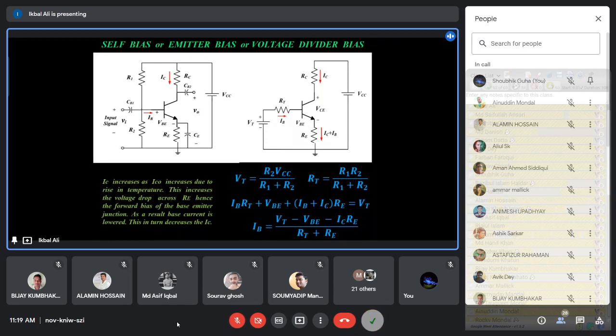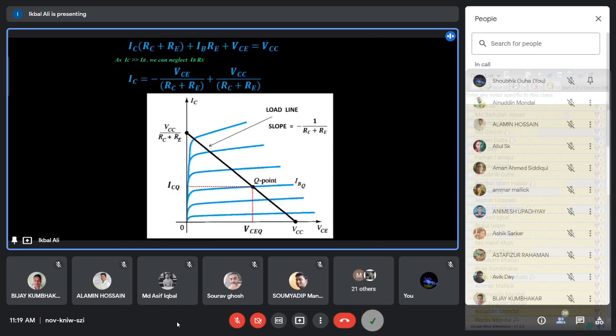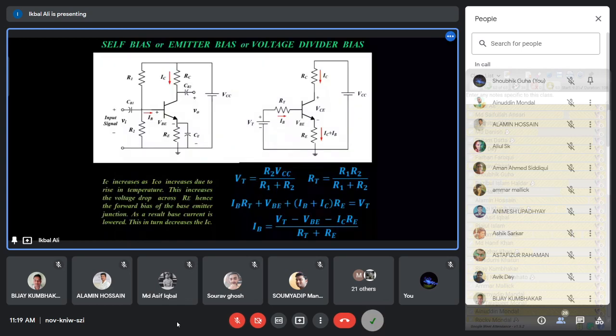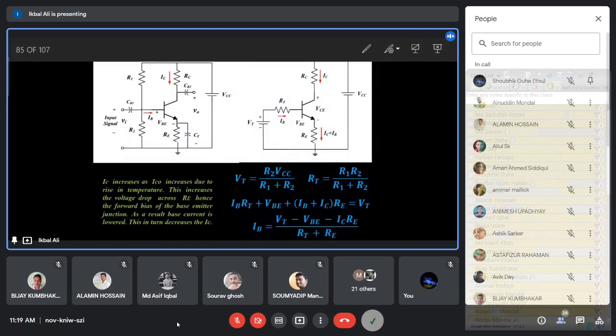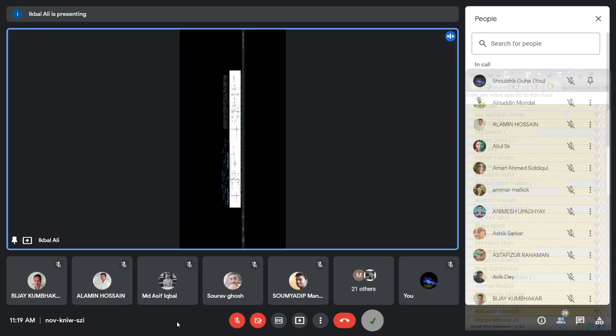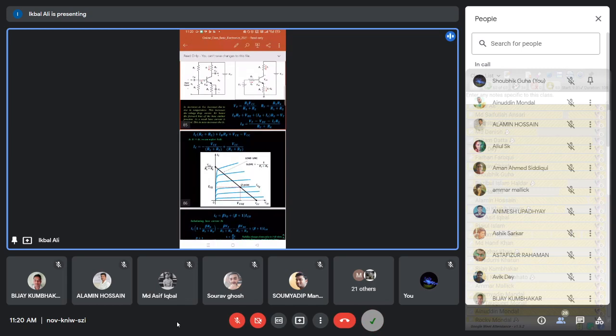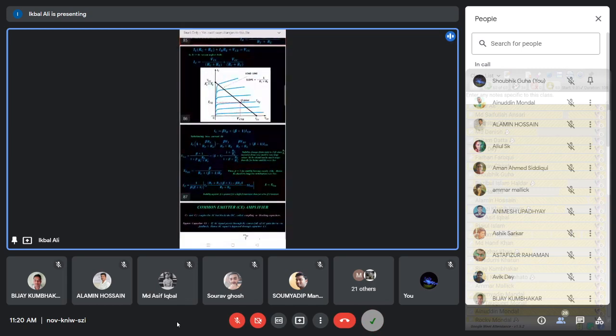ঠিক আছে, আজকে এই অবধি থাক, এরপরে বেশি বললে তোমরা অতটা করতে পারবে কিনা জানি না। নেক্সট ডে এটা কমপ্লিট করে দেবো, ঠিক আছে? সেলফ বায়াস সার্কিটে আজকে শুধু সিম্পলিফিকেশনটা থাক। নেক্সট ডে আমরা এই সার্কিট অ্যানালাইজ করব and we will discuss the concept of the Q point and load line, and what a Q point is, in the next class. And also we will deduce the stability factors, and we will analyze this stability with respect to the previous circuits.